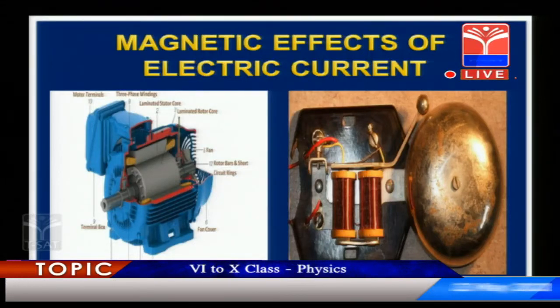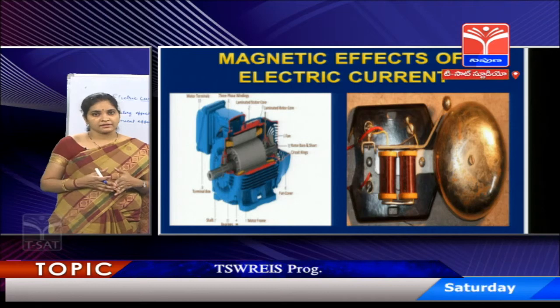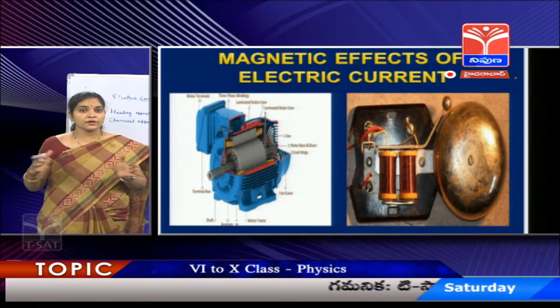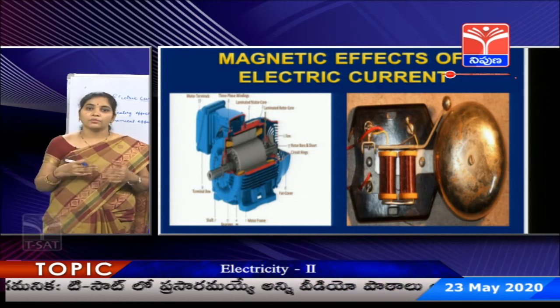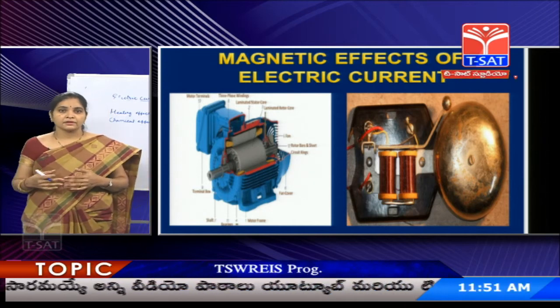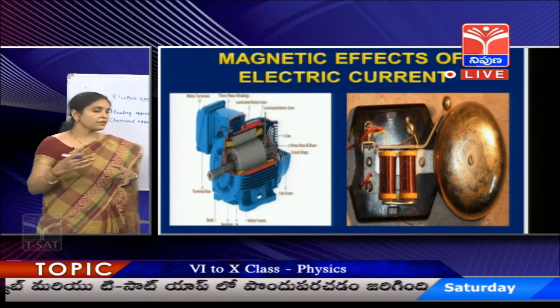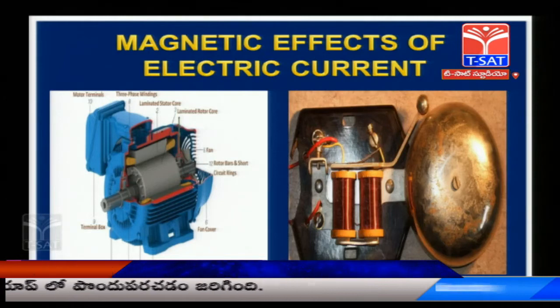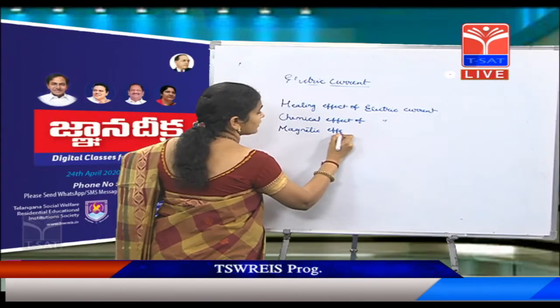Children, electromagnets are the magnets which produce a magnetic field on passing electricity, and electromagnets we use in our day-to-day life in electric bells, motors, generators, MRI scans, etc. So, these are some of the applications of the magnetic effects of electric